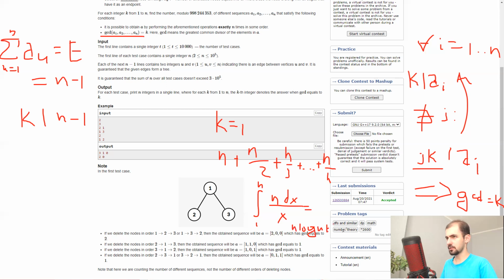plus some constant. Now that constant can be determined more precisely. I believe it's called the Euler-Mascheroni constant or something like this, not exactly certain. But yeah,